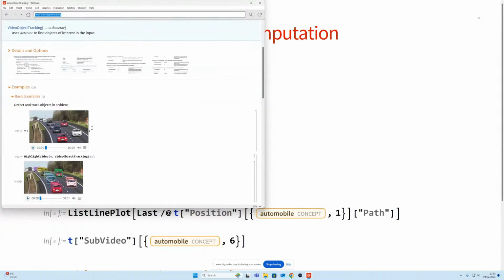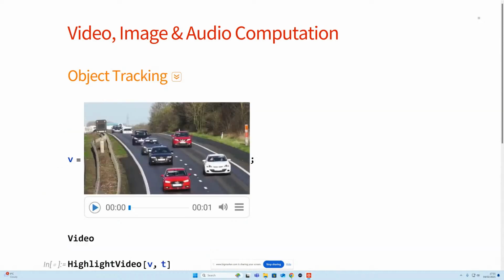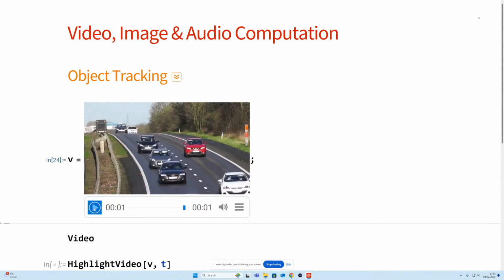Hopefully I stole an, yes, I stole an example from the documentation. So let me just copy this over into my talk notebook. If you download this, you should have the example in there. Let's fetch this in and right. Here's our video, which is a short snippet of